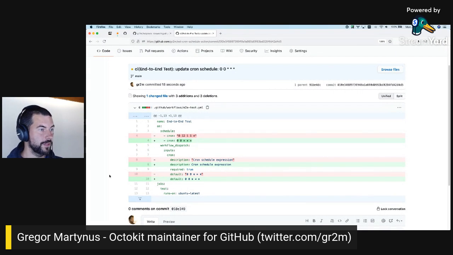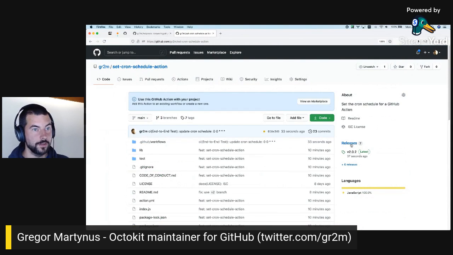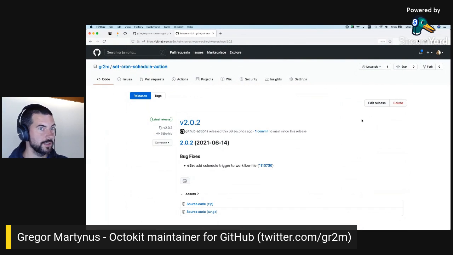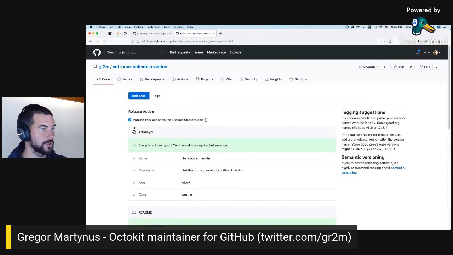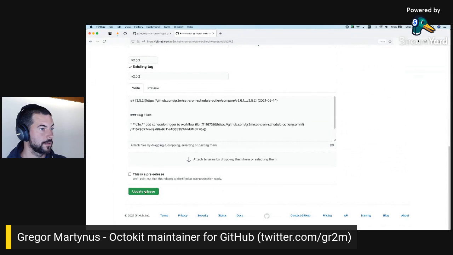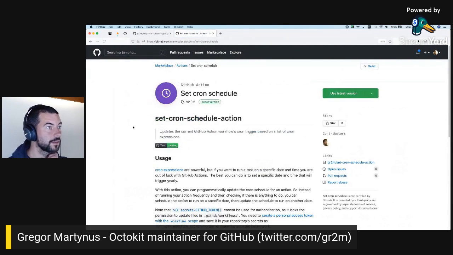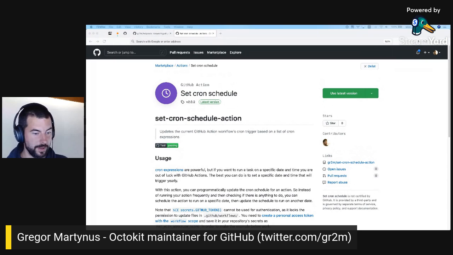This is the update we wanted, so it works. Awesome. So we can now go to releases and edit this release, publish to marketplace. All right, so there it is. You can now use my new action here.